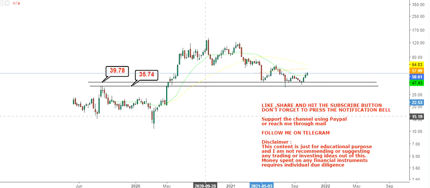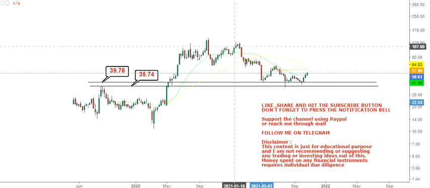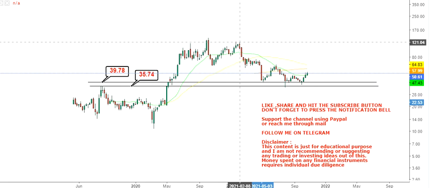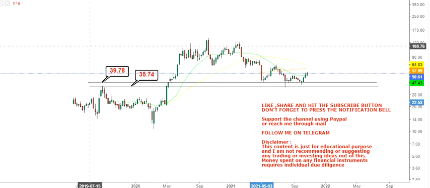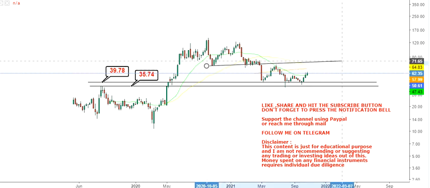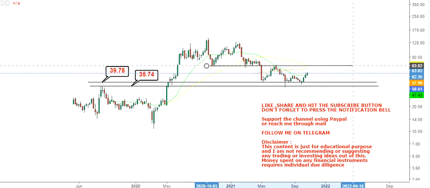And we have seen how the stock has moved till January or February 2021, and there has been a very steep decline that the stock has shown, and we are now consolidating above 39.78. So this is the first thing that you need to observe. Now the stock has started taking support above 39.78. Slowly and steadily we will